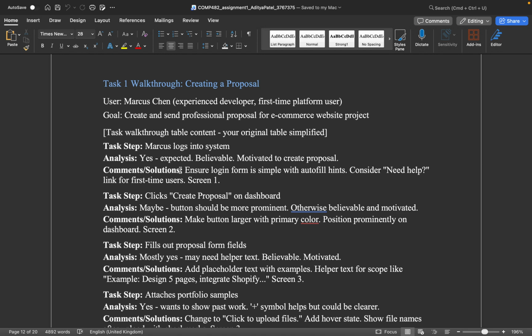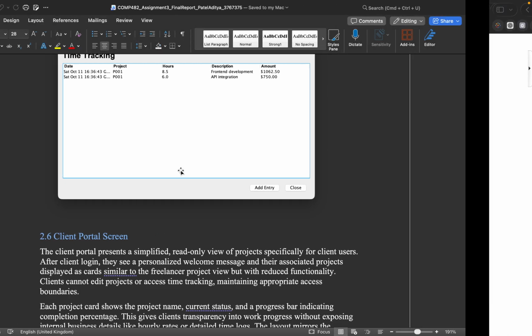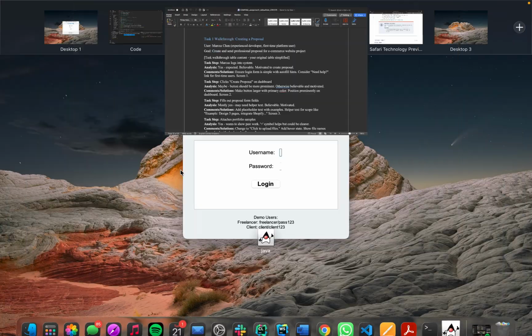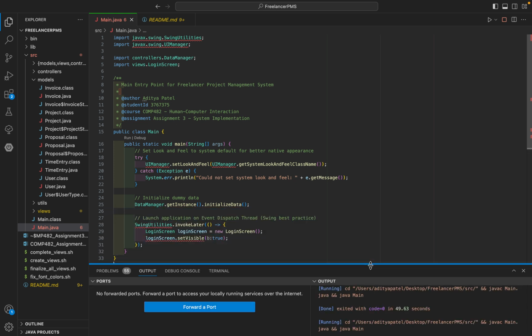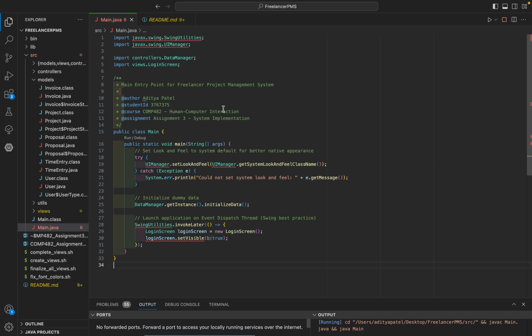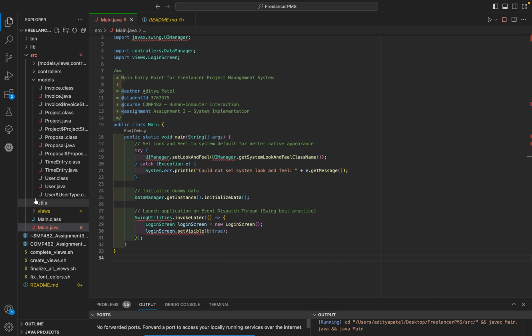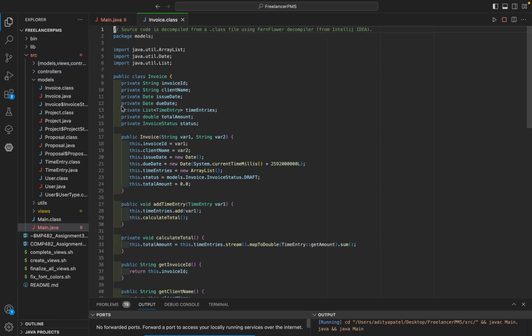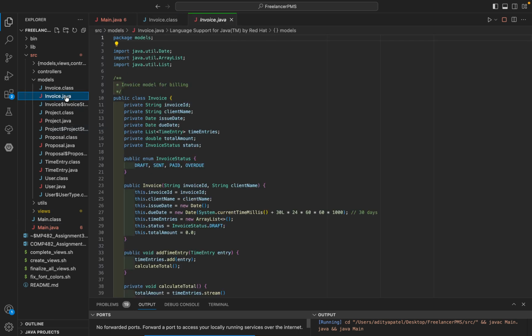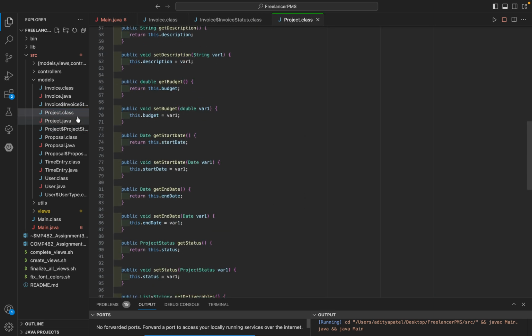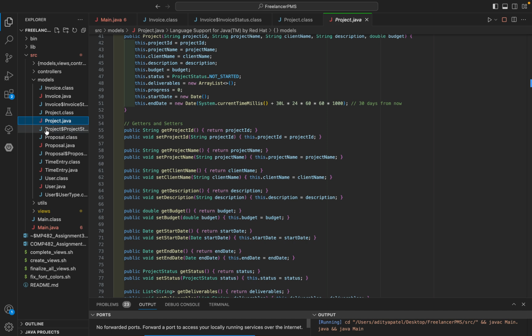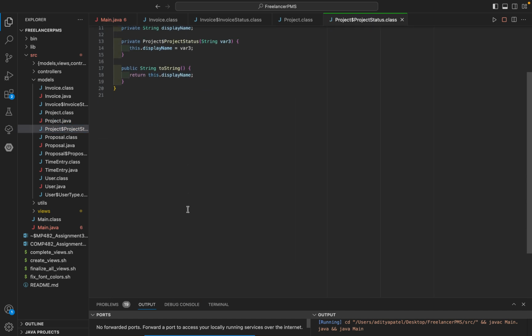So let me walk you through the code. This is the Java main with all the descriptions, and there are different files in the source you can see. You have the invoice classes, the Invoice.java, invoice status, project class, Project.java, project status,